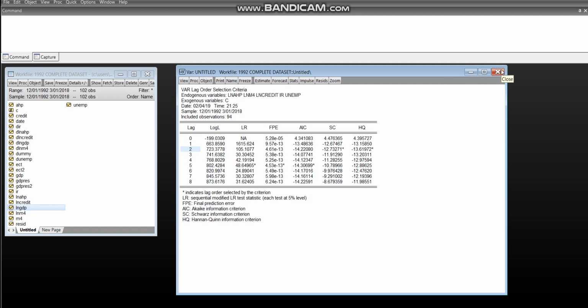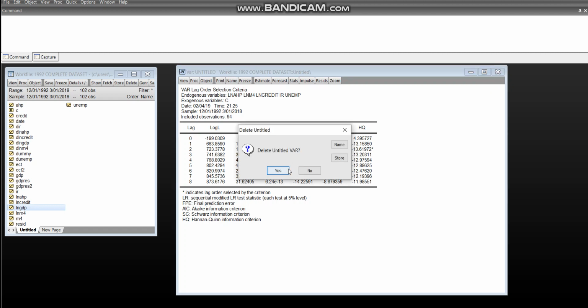So with that in mind, we now know that it's going to be 2 lags. Again, you can choose other information criteria if you want. I always just choose the Schwartz information criterion because I remember reading that it chooses simpler models, and I'm a simple man, so that's why I choose it. Anyway, I'm just going to close this now, like so,